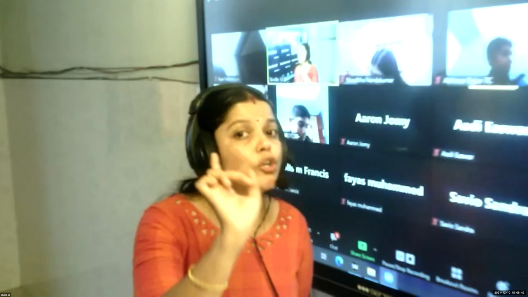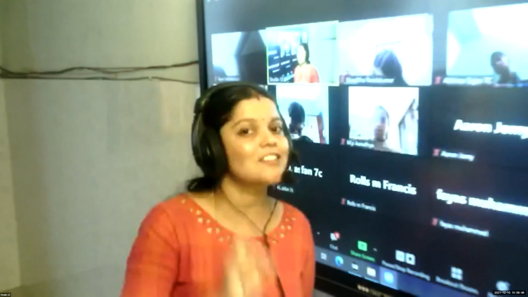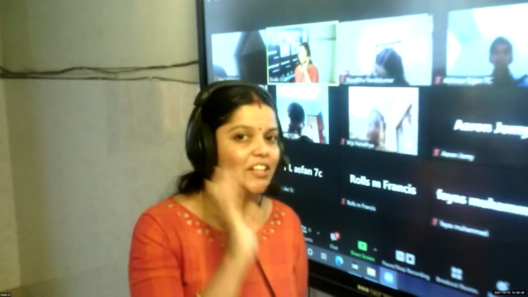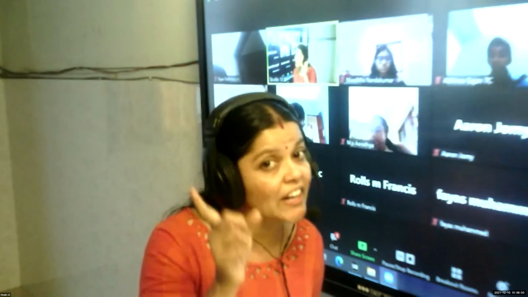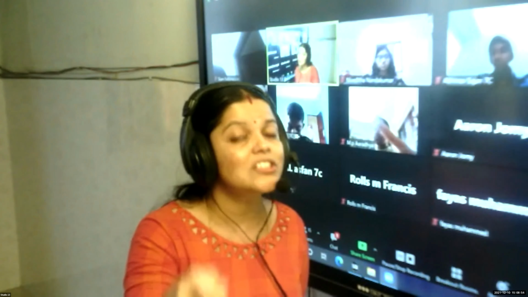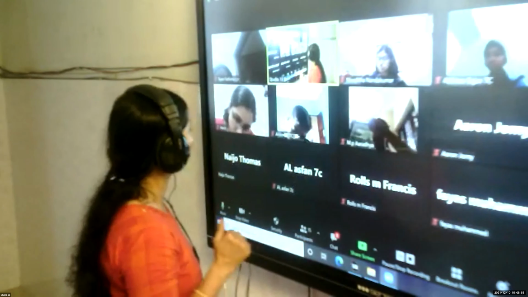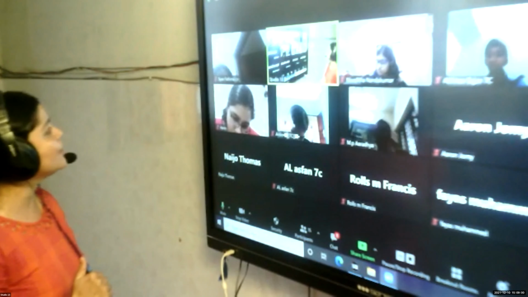So if you are thorough with the subordinating conjunctions, you will be able to recognize the complex sentence, because subordinating conjunctions are the conjunctions used to begin a subordinate clause. So one main clause and one subordinate clause connected to the main clause with a subordinating conjunction is said to be a complex sentence. Am I clear? Yes, ma'am. Okay, so I have a few examples for you.